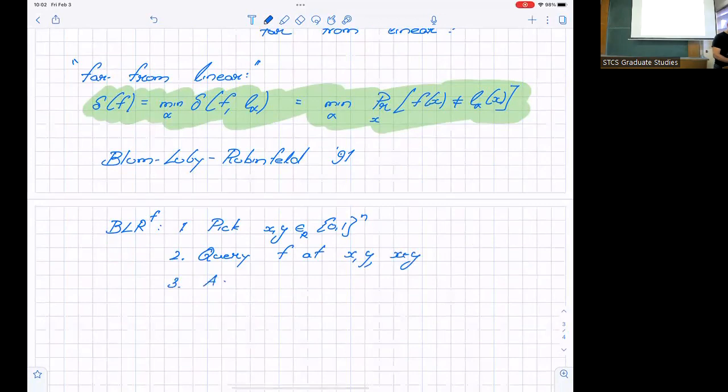They suggested doing the most natural thing, and reject if f of x plus y is not equal to f of x